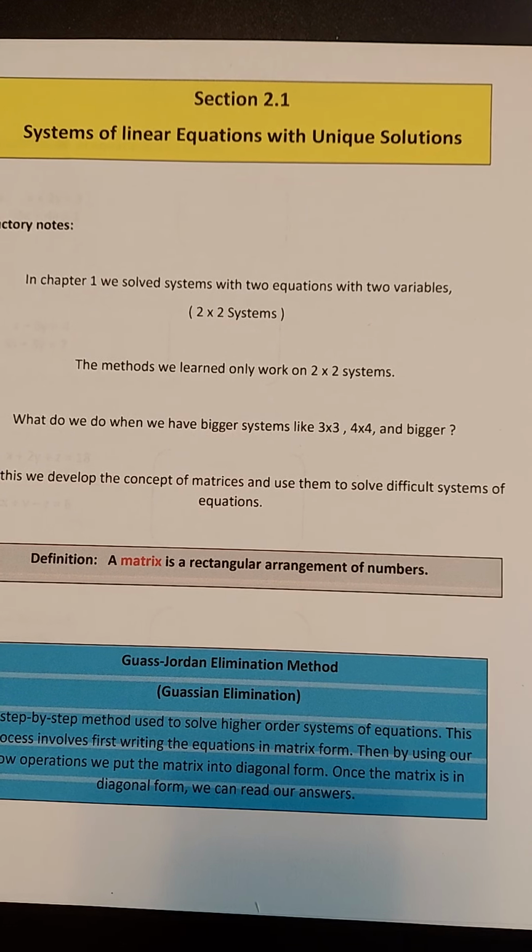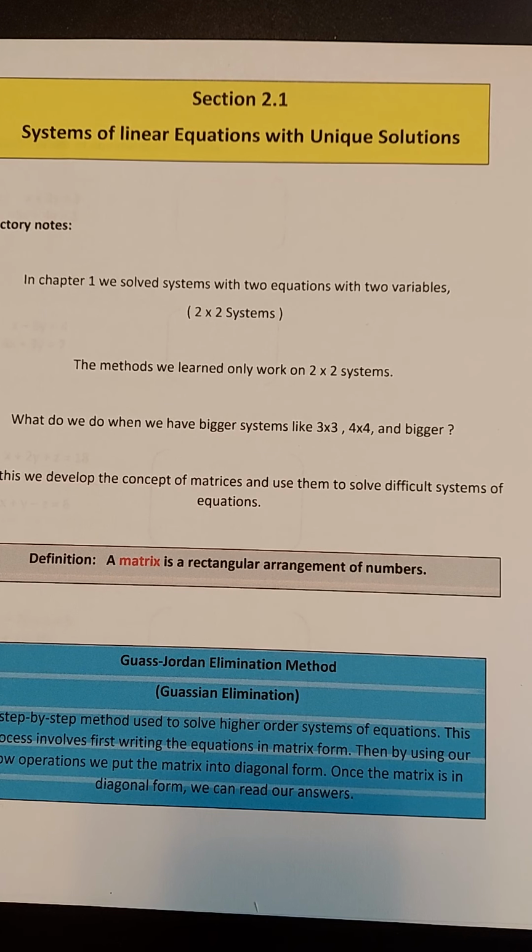Okay, finite math, section 2-1. Systems of linear equations with unique solutions is the title. What we get into today is,